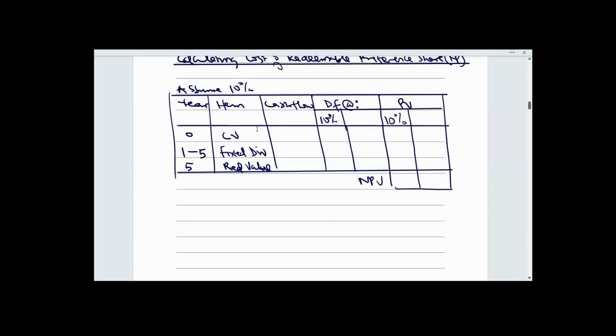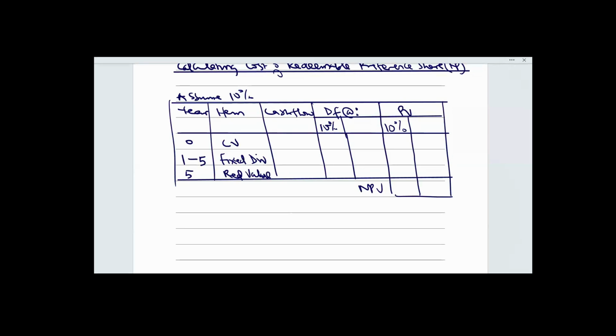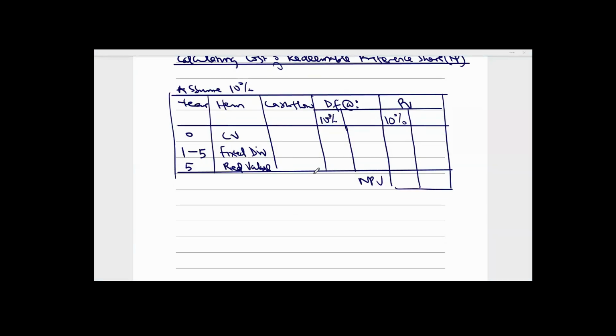In year 0, you have the current market value of the preference share. According to the question, how much is the current market value of the preference share? Are you still with me or I'm on my own? We're together. So the current market, you are told that the preference share is currently quoted at 1 naira 5 kobo ex-div. So that's the market value per share of the preference share. So let's put it there.